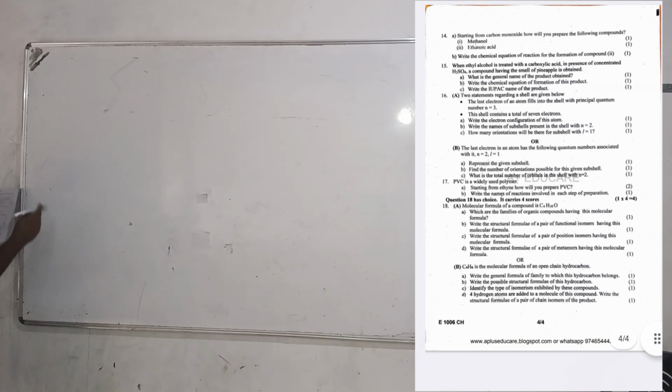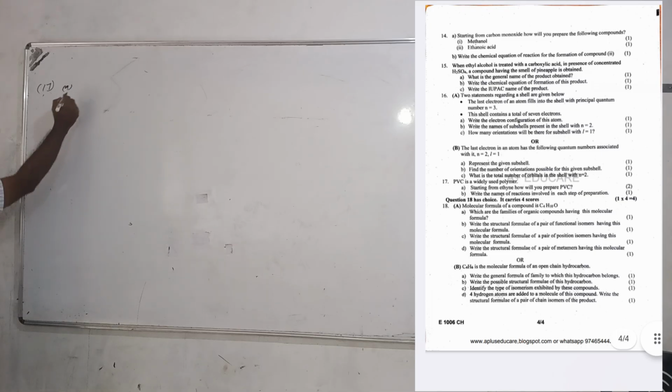Now question number 17. PVC is widely used as a polymer. Starting from ethyne, how will you prepare PVC? So the answer is: